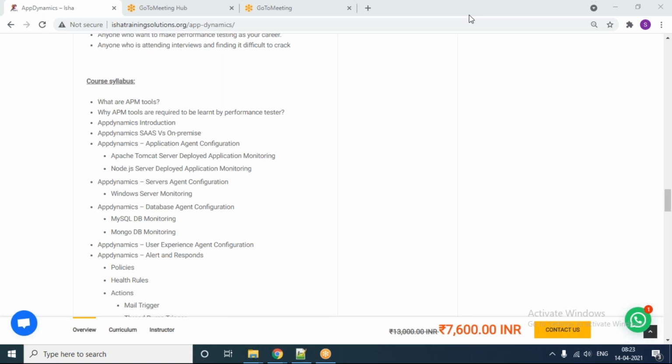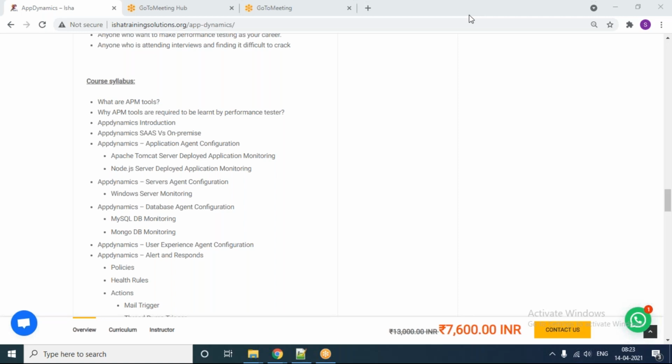So the AppDynamics tool has quite similar features to Dynatrace. Both Dynatrace and AppDynamics have them. In AppDynamics there is a feature called call graph. The call graph is available similarly in Dynatrace as PurePath. In Dynatrace it is PurePath, in AppDynamics it is call graph.